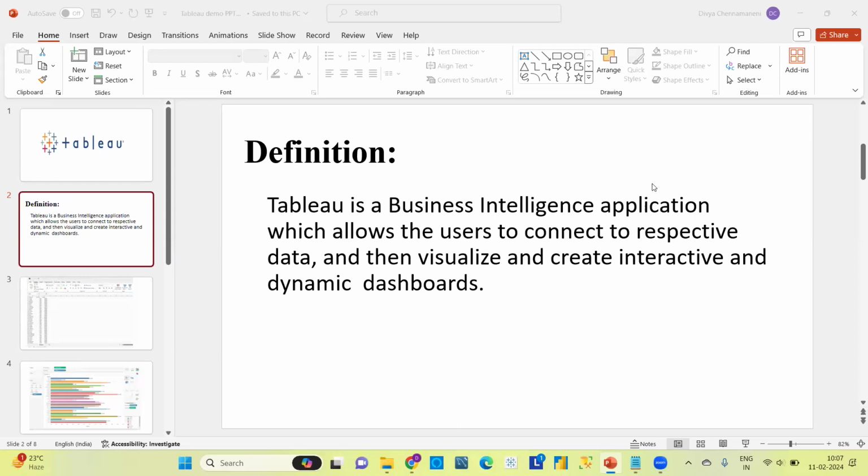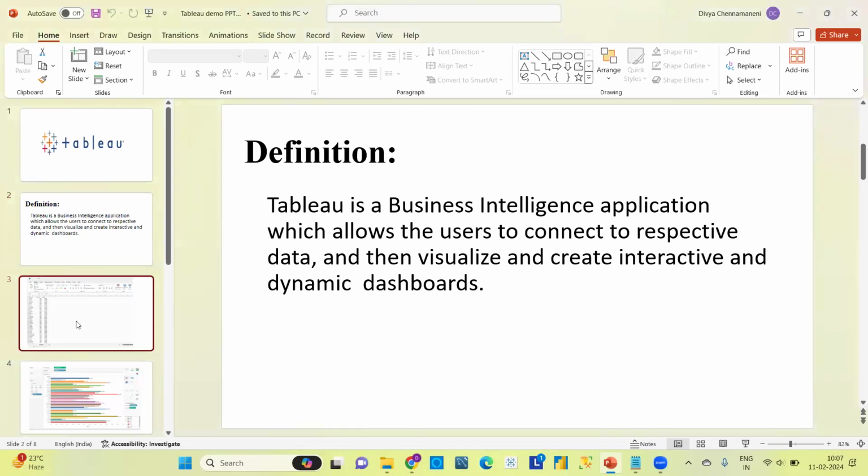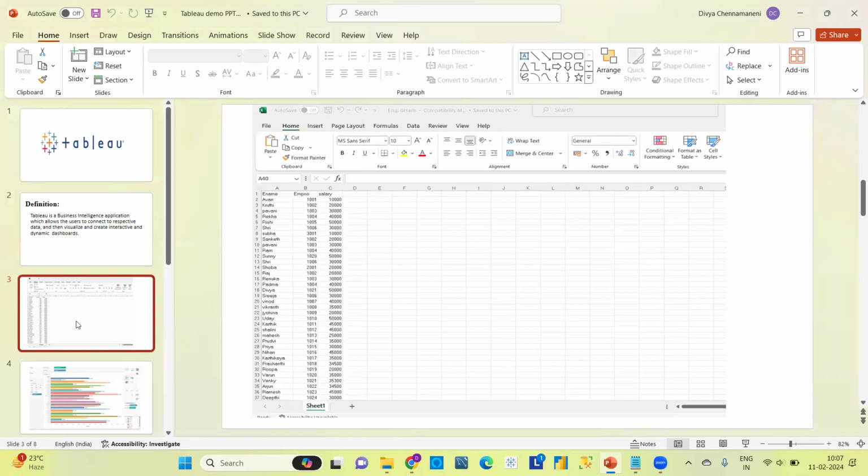Now let me show you with some visuals. Suppose I show you this picture, this is an Excel sheet in which employee details are present. There are 3 columns: employee name, employee number, and salary.